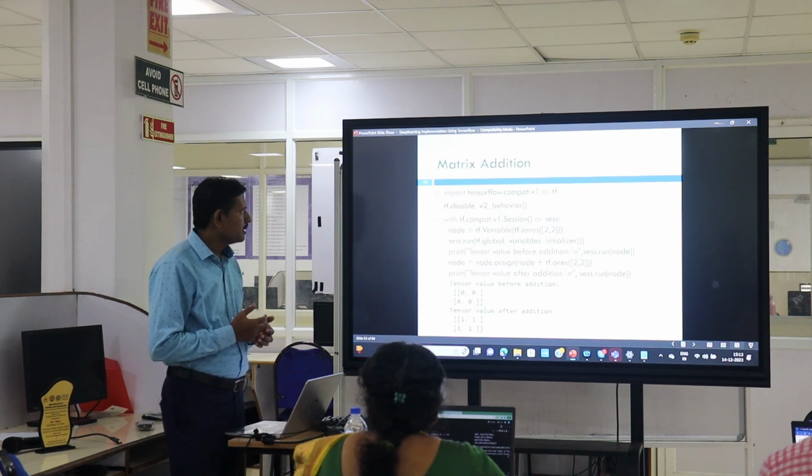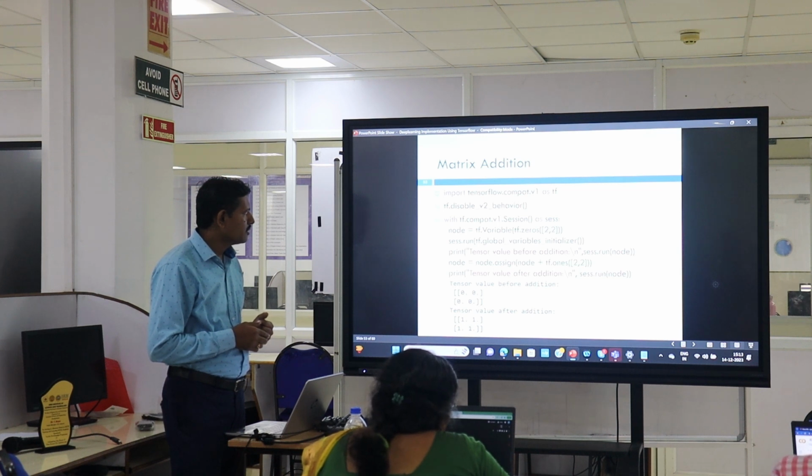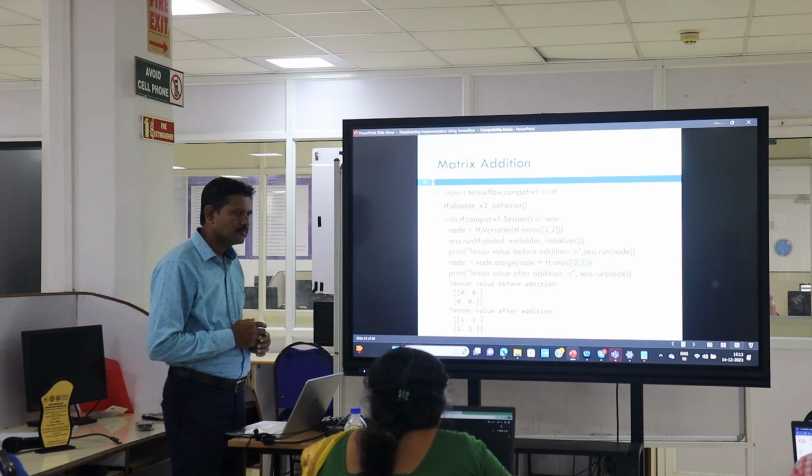Similarly, you try matrix addition. It's not required, but anyway you can learn what functions they have used. Here they have used tf.global variable initializer. Here it actually seems very complex in TensorFlow. In Python, NumPy or Pandas is very simple for creating a matrix, multiplying the matrix, concatenating the matrix, creating a data frame. It's very simple code, but